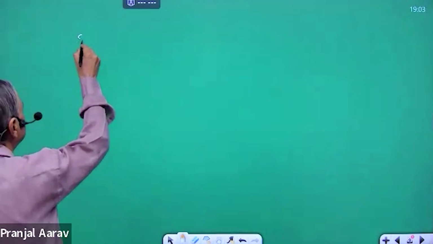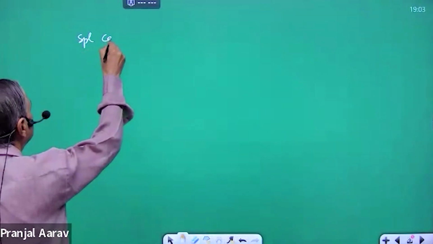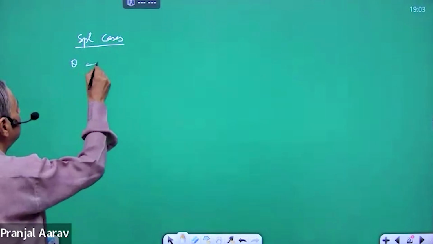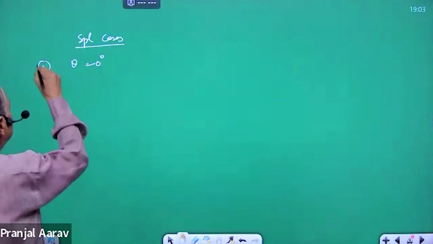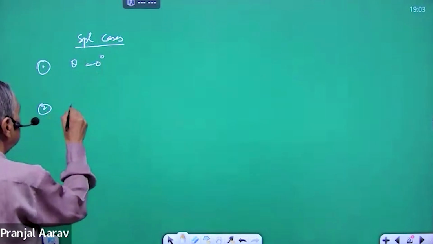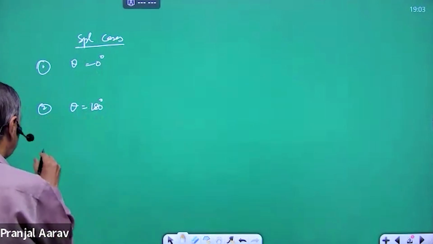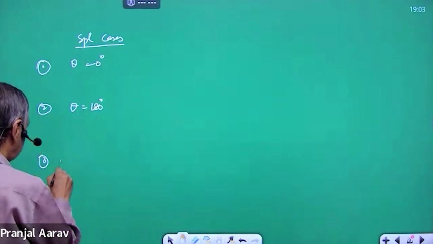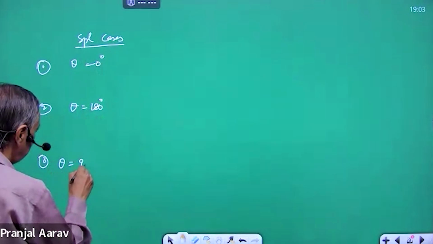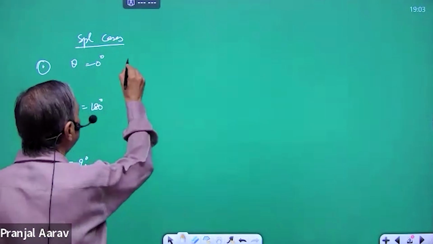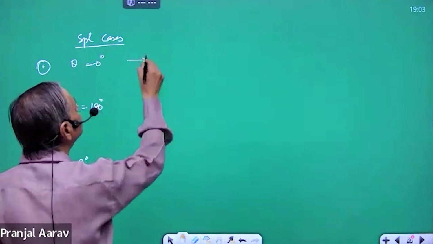Special cases. Theta is equal to 0 degree. Theta equal to 180 degree. Third, theta equal to 90 degree. Theta 0 degree means A